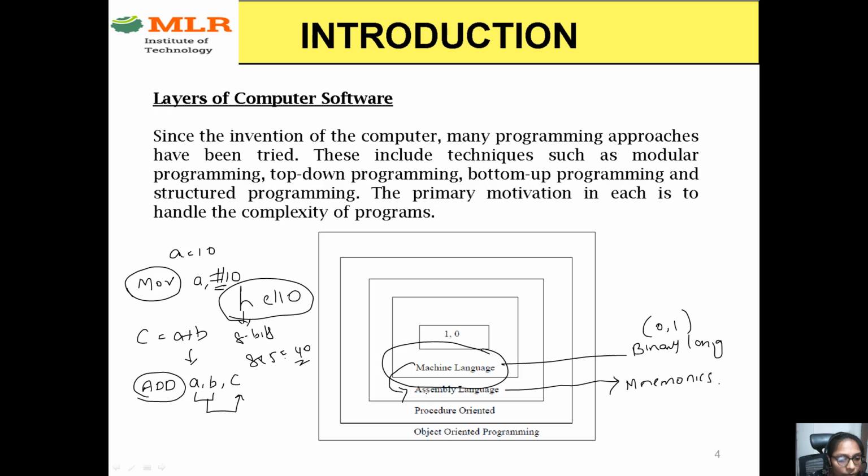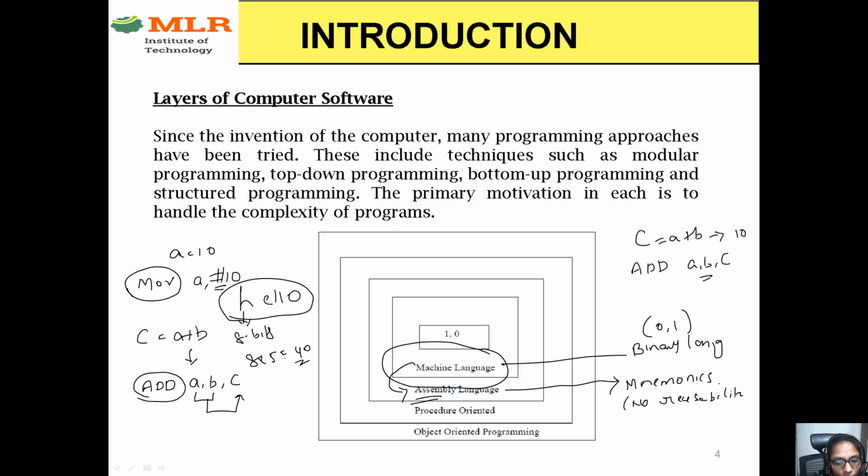But again we have a problem with this assembly language. For example, if you want to perform the same addition statement 10 times, here I should write that same add statement 10 times. Why? Because there is no reusability here. As we see in C or Java, we use functions or loops to iterate the statements or to use a single statement multiple times. But here we don't have any facility like that in assembly language. So what is the problem? Here the problem is there is no reusability.